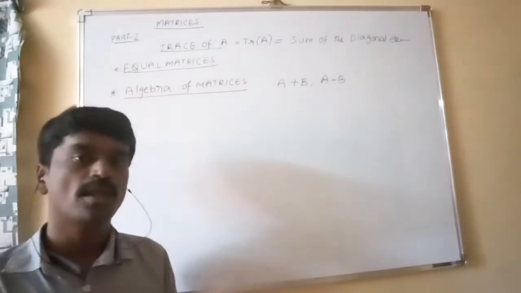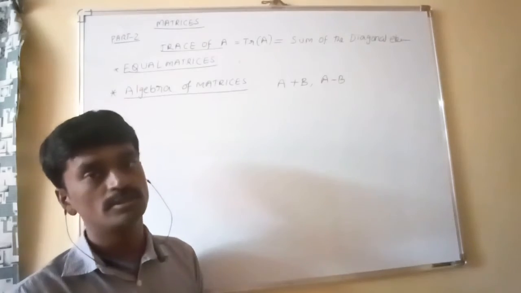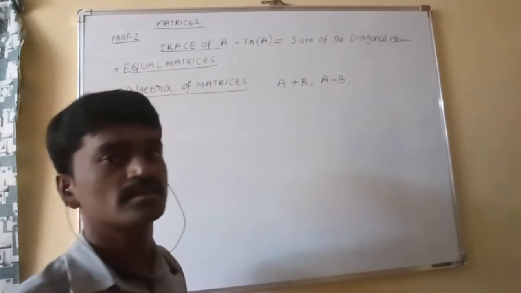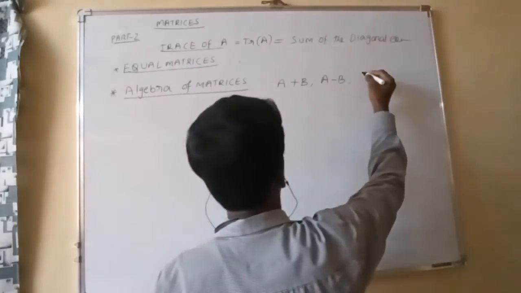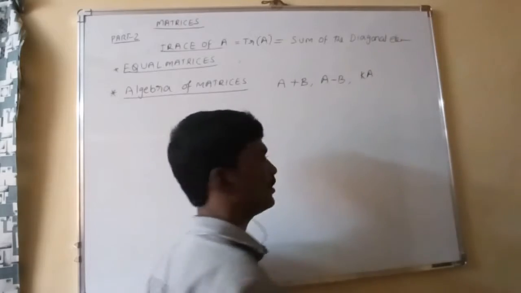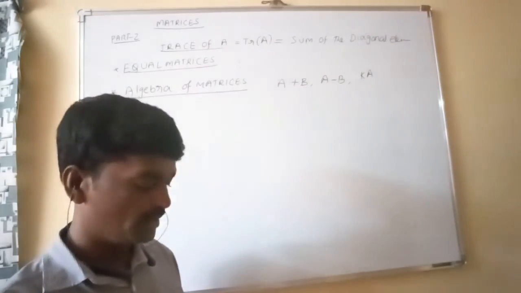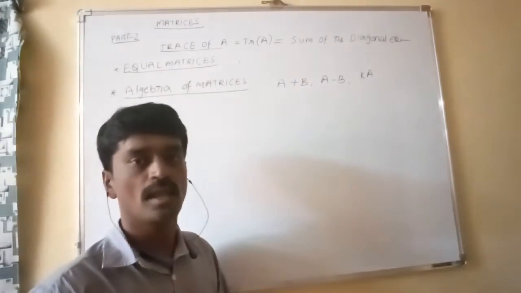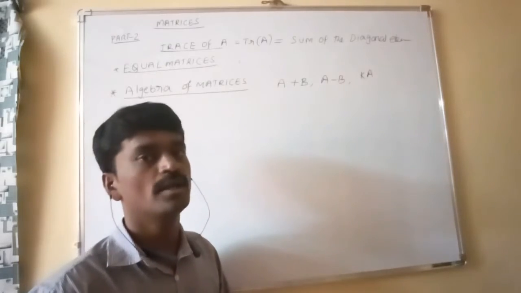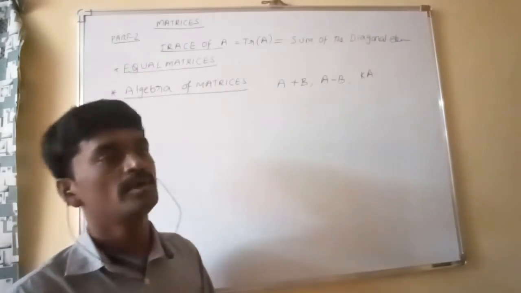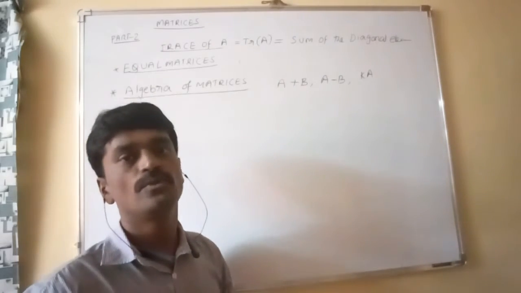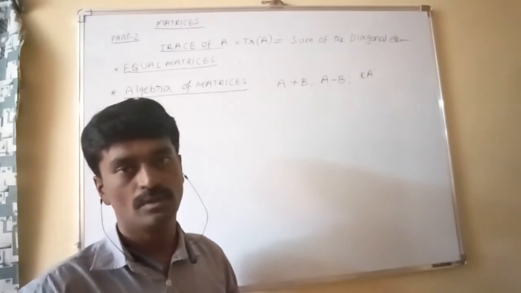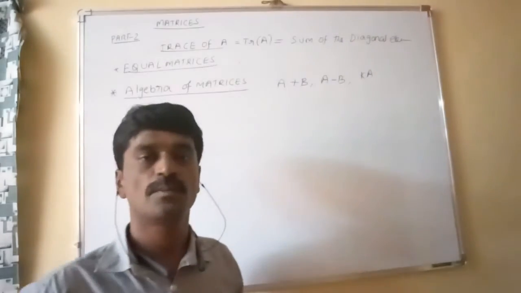Okay. Next, scalar multiple of a matrix. Suppose k is a real number or a complex number, some number, then the matrix obtained by replacing every element of A by its multiple by k, or else we can write it like this also: kA matrix is defined as, how do we get this matrix? By multiplying each element of A by k. For example, if you want to find the 2A matrix, just multiply every element of A by 2. And the order of kA is also the same as the order of A.